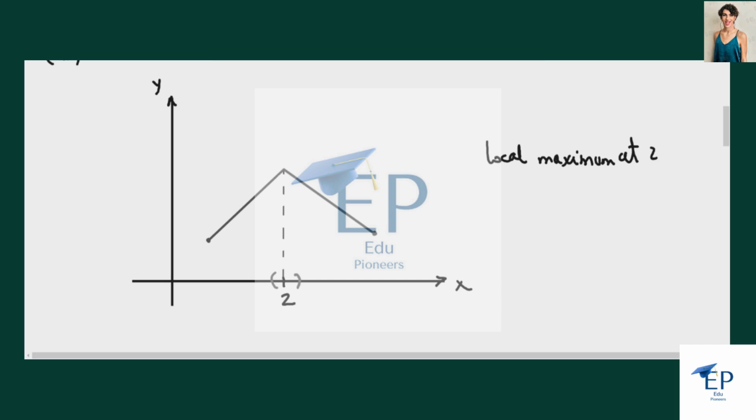And so we have a local maximum at 2, but the function, let's call it function f, is not differentiable